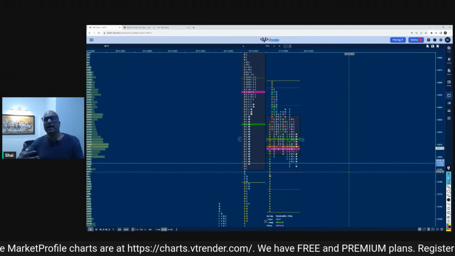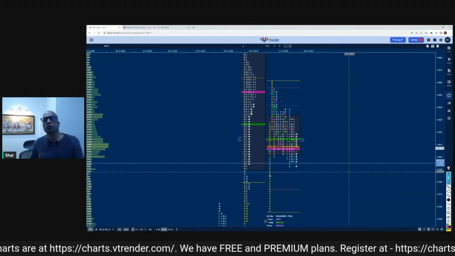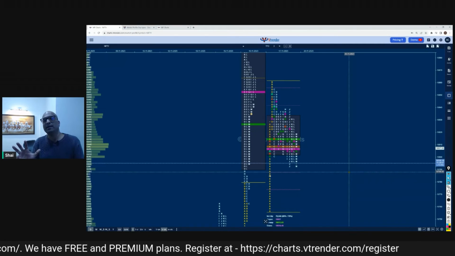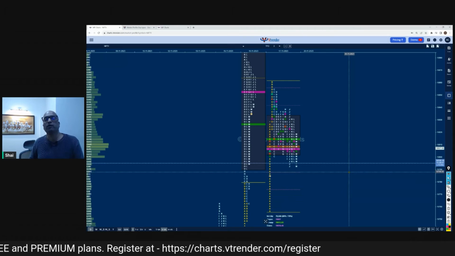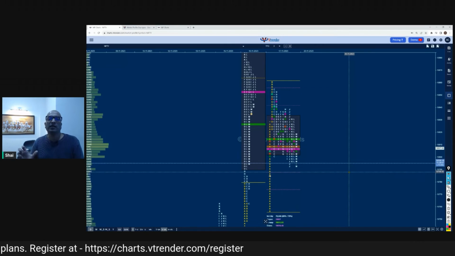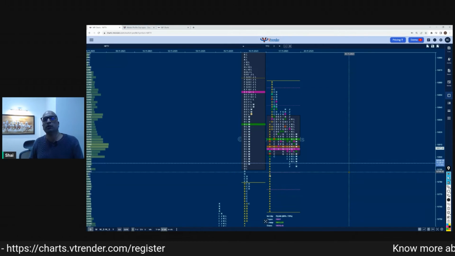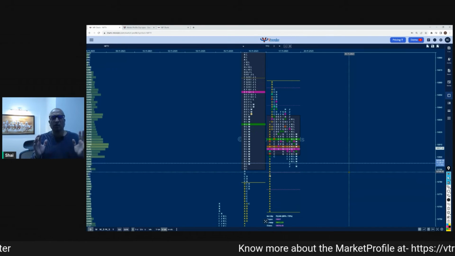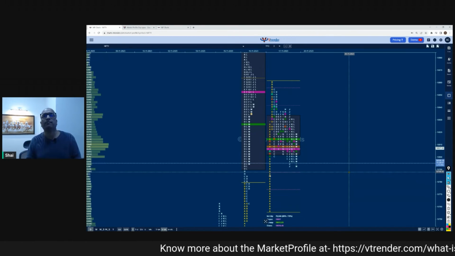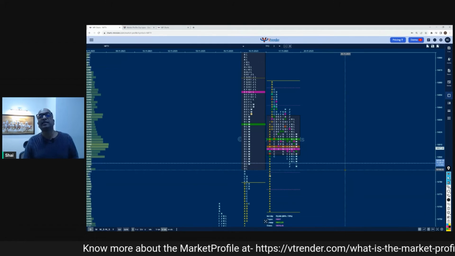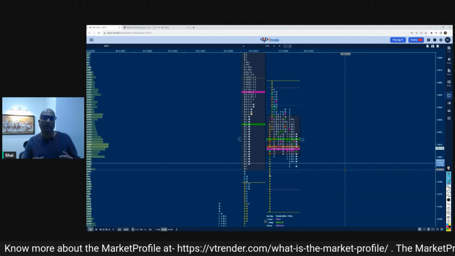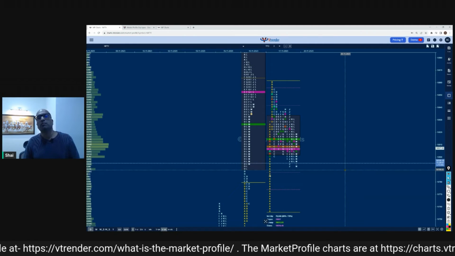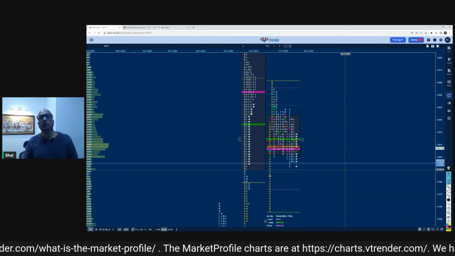As market profile traders, we do not look for a big swinging move in the D period, which is between 10:45 and about 11:15 a.m., or the E period, which is between 11:15 and 11:45. What we are doing here is not just looking at price. We are trying to understand price in relation to time, and when we do that, the structure of the market becomes a little clearer to us.